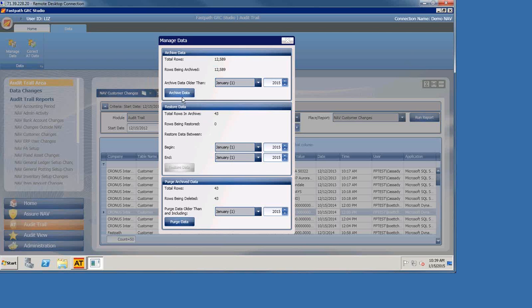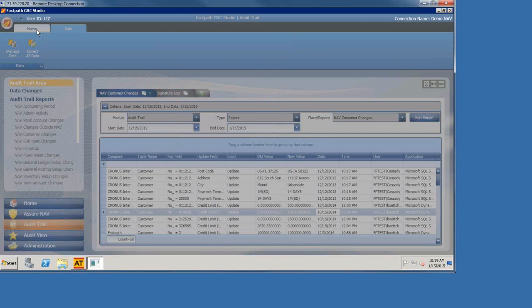So we can move data back and forth between the live and the archive on demand so that your reports are optimized and running faster. And then finally, if your auditors say Audit Trail data is not really like financial data, you only need to keep 3 years worth of Audit Trail data available, you can then purge anything older than that time period. And when you purge it, it is gone forever. You can only purge something that's been archived. You can't purge from the live. It's only going to purge from the archive. But just to note, if you're doing any kind of purge, it will be gone forever. But we do give you the ability to manage that data.